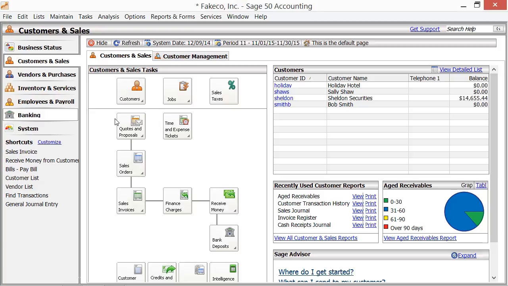Sage 50's inventory features track the goods and services that your company purchases and sells to others. As you make inventory-related transactions, Sage 50 posts the information to the general ledger and adjusts the quantities and costs of goods accordingly. The first step in the process is to add the items that you will need to track